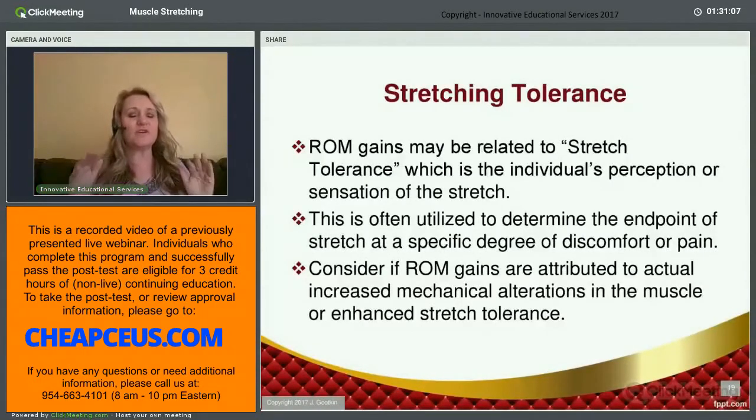Then they measured it with the patient closing their eyes, relaxing, and just trying to allow the joint to go as far as it could, bringing them to that point of discomfort. And they found that the patient was able to achieve greater range of motion. So it brings us to consider that maybe there is something to be said about stretching tolerance. So making sure the patient is relaxed, having them not cognitively thinking or looking at the number that they're achieving, because it may actually be inhibiting their